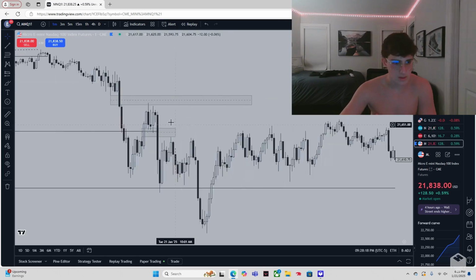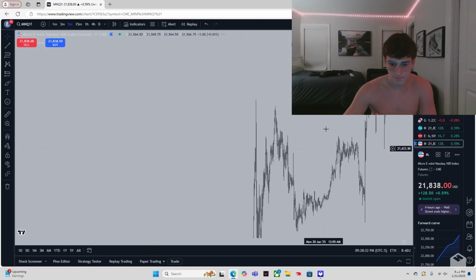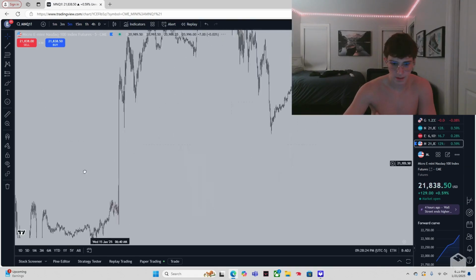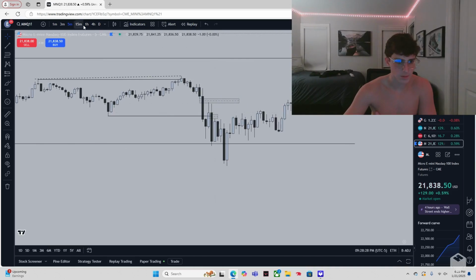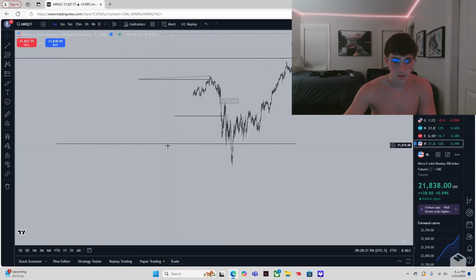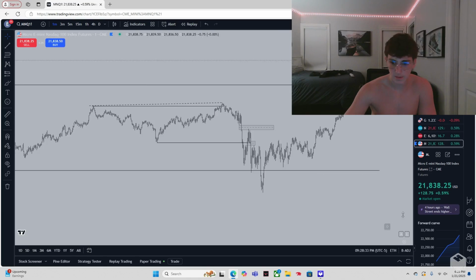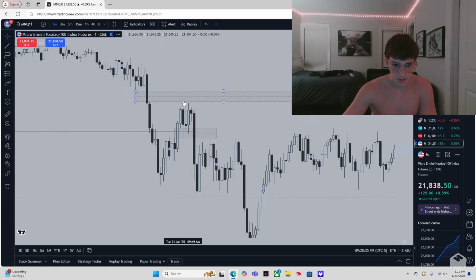It broke 15-minute structure past this hourly low. And from there, I wanted to see, we had a 5-minute imbalance right here. If you go to the 5-minute time frame, we had a 5-minute imbalance here. We respected it nicely. And in line, there was a 1-minute imbalance that was in line with that too. And we got a nice displacement candle.